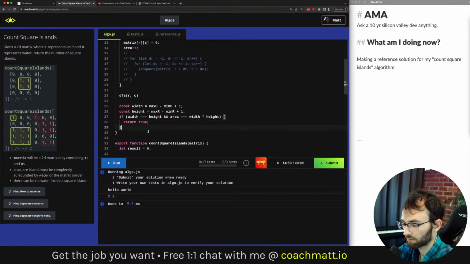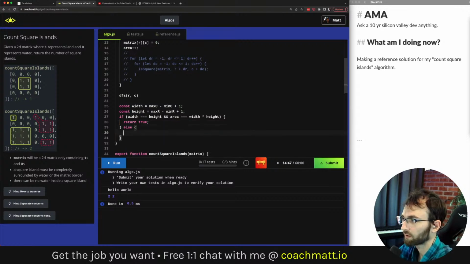And this is something that I see a lot. If this expression evaluates to true, we return true. If this expression evaluates to false, you return false. So you're actually just returning the value of this expression. So we can really just do return this.